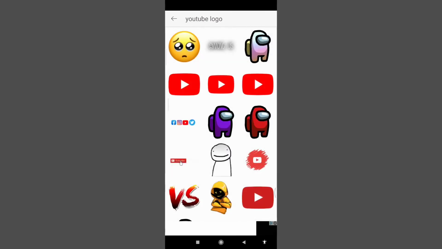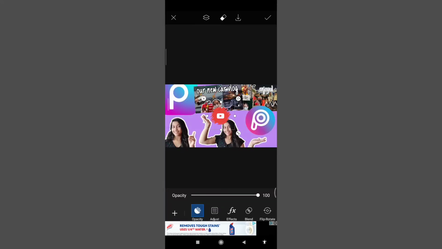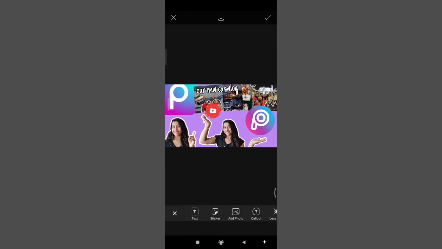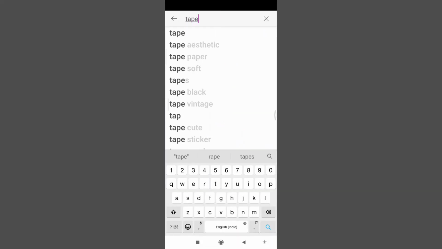So I will add one YouTube logo as well. You can add some cute logos as well if you like, but I will recommend you to use stickers which look very attractive in your thumbnail so that people get attracted.